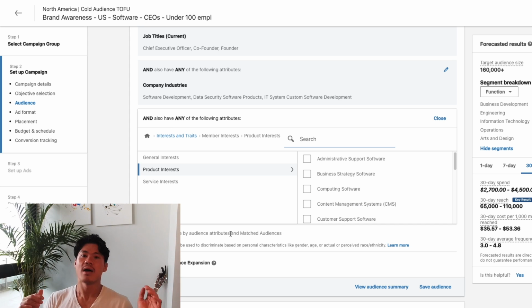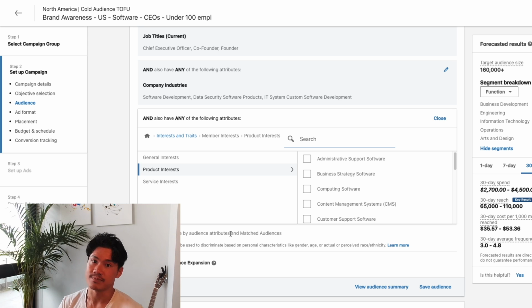Now, I do have a guide that goes deeper into specifically LinkedIn audience targeting. And I really do believe that the reason why LinkedIn ads is so powerful and why you should absolutely use this if you're targeting a B2B audience, it's because it just gives you better targeting than any of the other ad platforms out there. Certainly compared to Meta ads, being Instagram, Facebook, it blows it out of the water as far as how granular you can actually look for your ideal client profile. So this is really something that you should take advantage of.